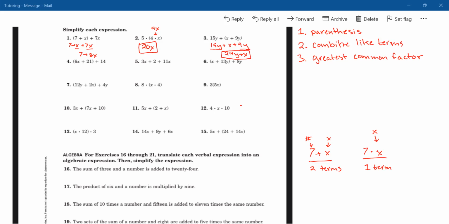Okay, so looking at our process, the first thing we do is look at the parentheses. Since we have 6x plus 21, and they are not like terms, we cannot combine them. We also have nothing multiplied to the parentheses, so we can remove them. And we will have 6x